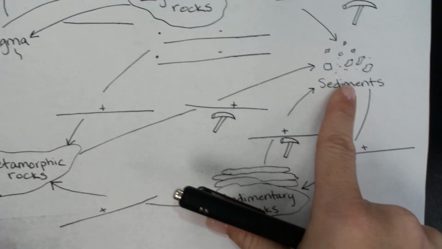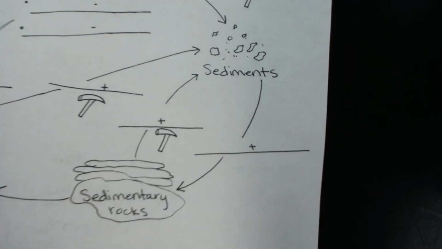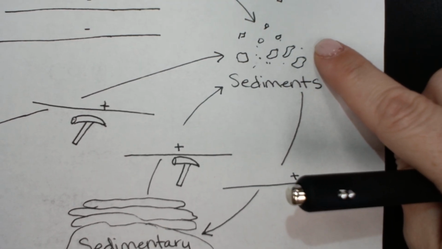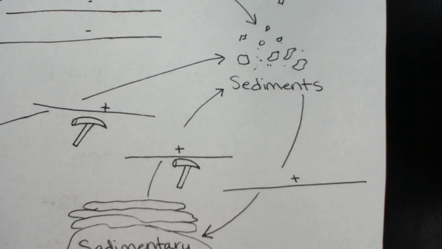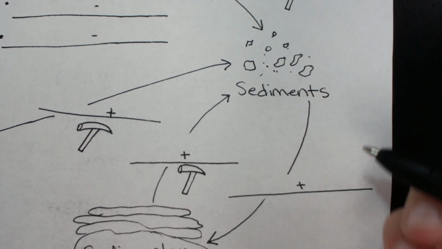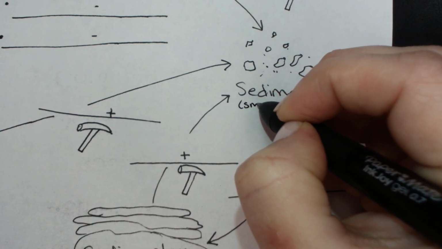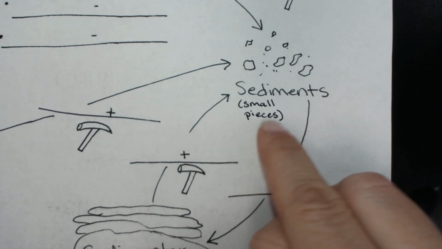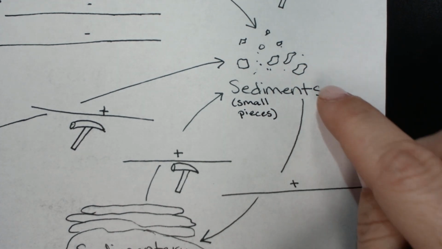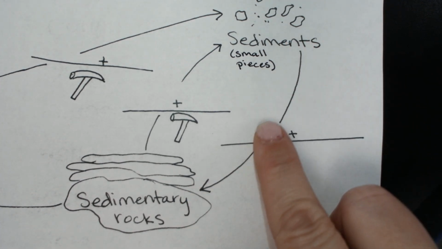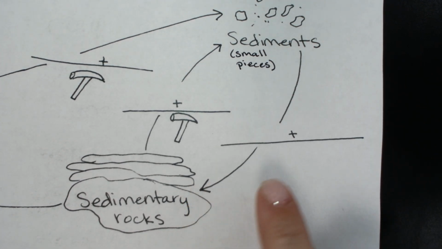So we're going to start over here at sediments. Sediments are tiny particles that make up rocks. Sediments are broken pieces of material. They can be broken pieces of rocks or minerals. They're just small pieces of other rock types. Now, when you have sediments, they can become, look at your arrow, a sedimentary rock through the